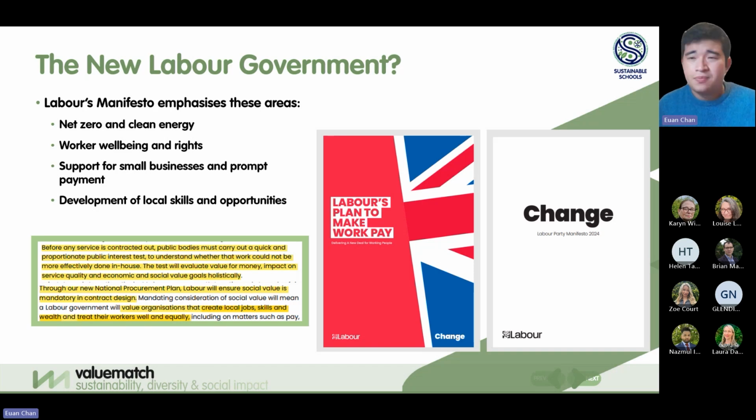In light of this, many people also have a lot of questions around what Laura mentioned about the upcoming Procurement Act. In line with the Labour manifesto's points, it's unsurprising that people expect the Procurement Act under Labour will demand more accountability and more ability to demonstrate social value, and to make social value more integral to procurement. This may mean that suppliers wanting to bid into public sector organizations will need to be tighter with their KPIs and demonstrating the execution of contracted social value initiatives, and be prepared to answer questions about whether they've managed to carry those commitments forward.